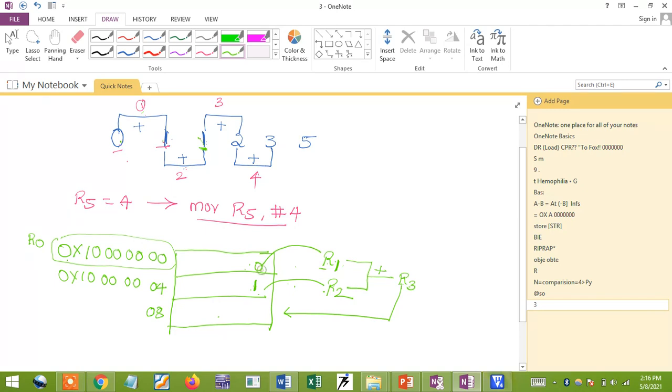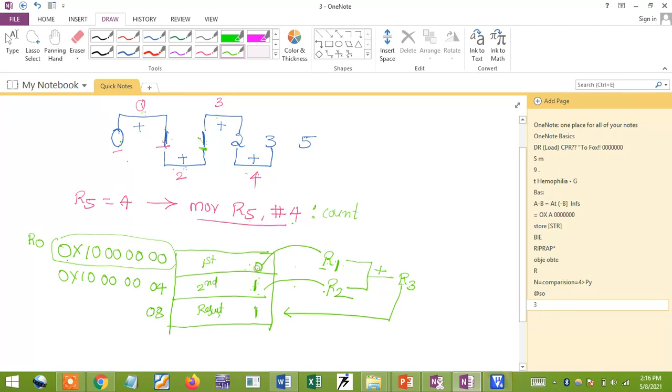For example, 0 plus 1 means I'll get 1. So this is the first number, this is the second number, and this is my result. In this way I can store here, and this process needs to continue for a count. You can see the first addition, second, 3 and 4. That's why I'm taking this as the count. I'm taking 4 counts now, so I need to do this addition process 4 times.